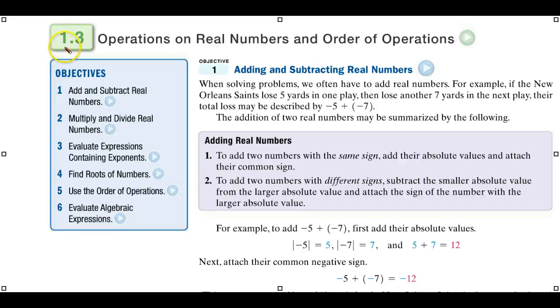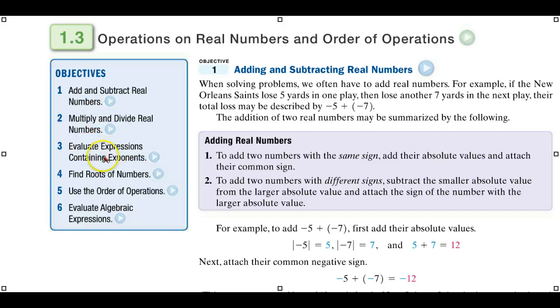On to topic 1.3, operations on real numbers and order of operations. So here we'll be looking at some of the basic rules for subtracting and adding real numbers, multiplying and dividing real numbers,